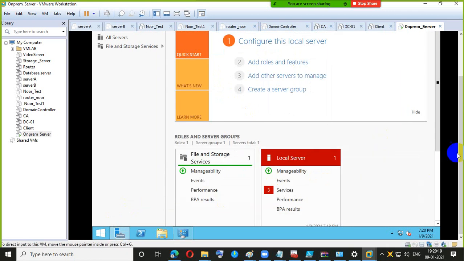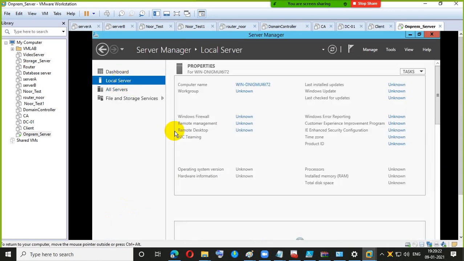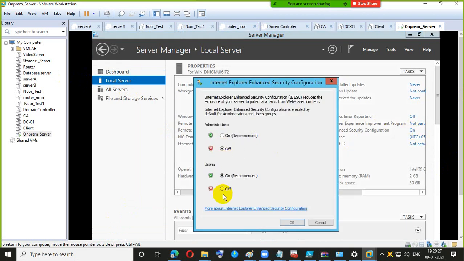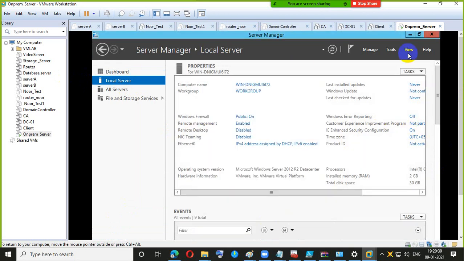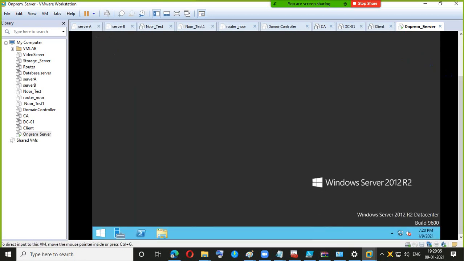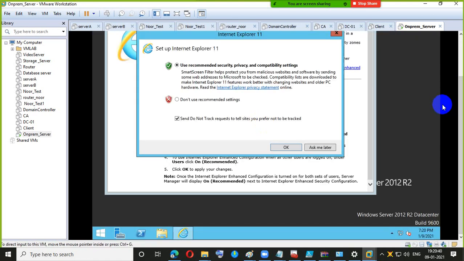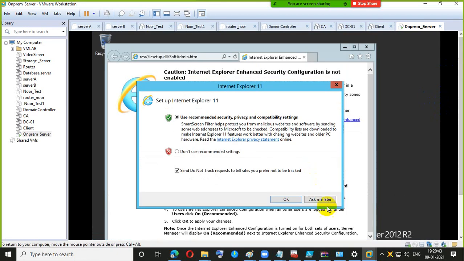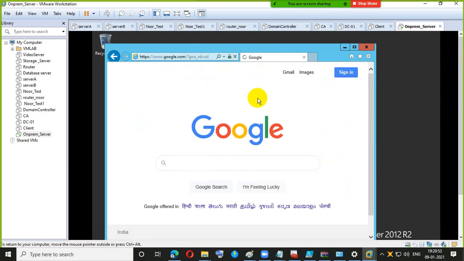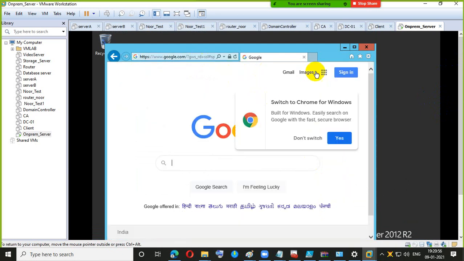Just turn off these options, local server and enhanced security options, because they create problems. Now we can access the internet easily here.